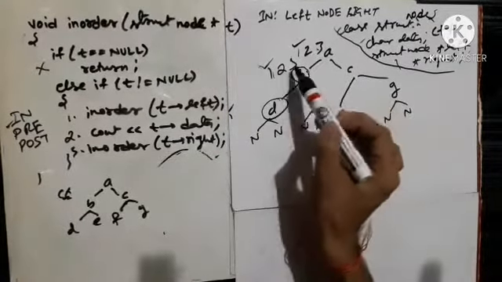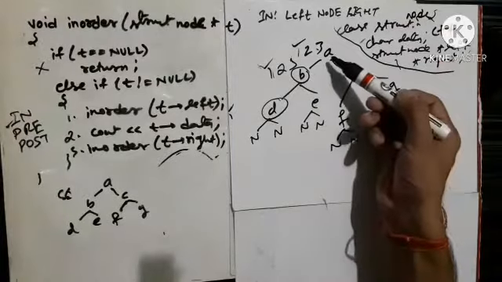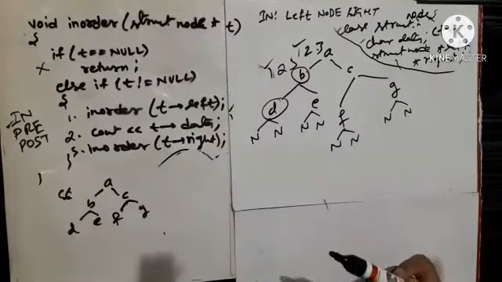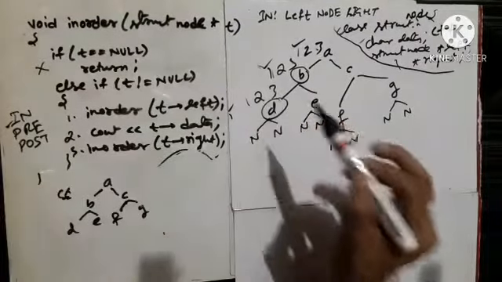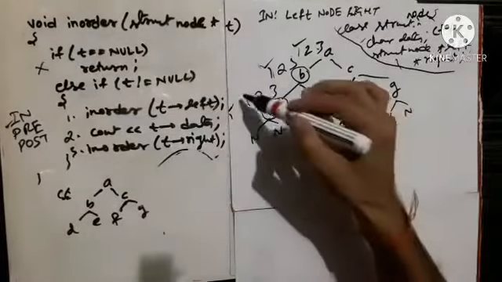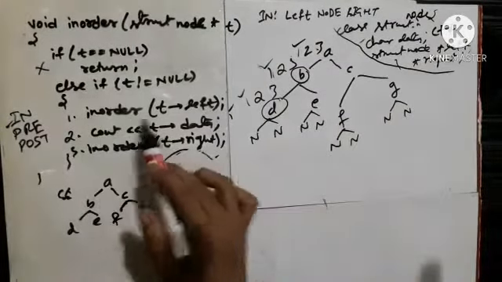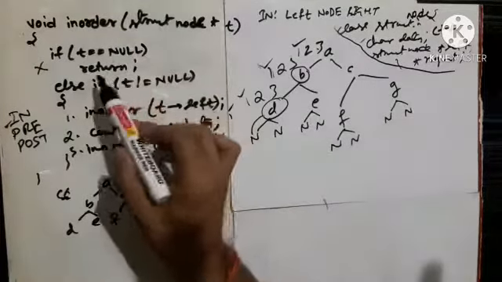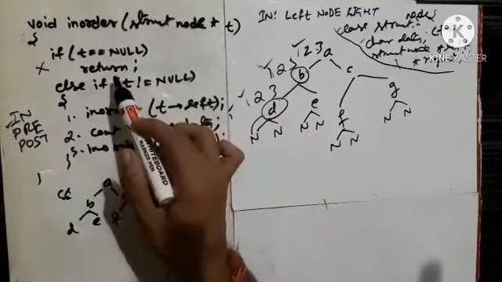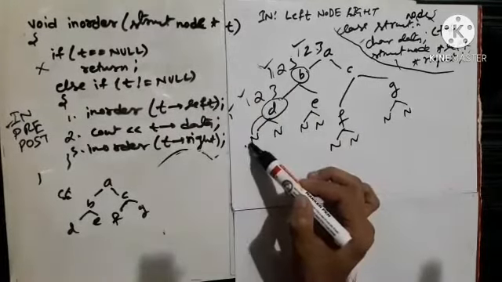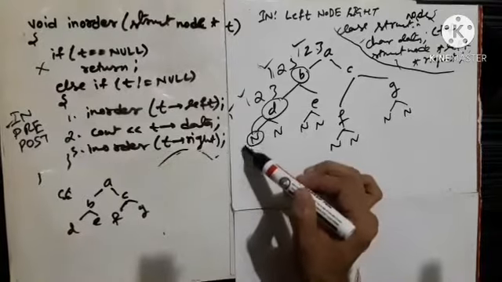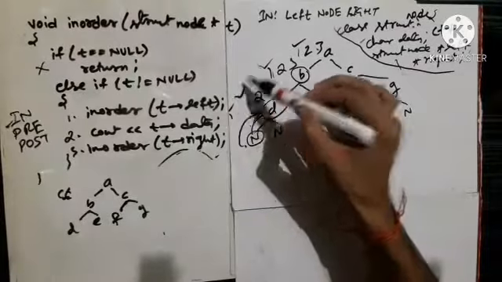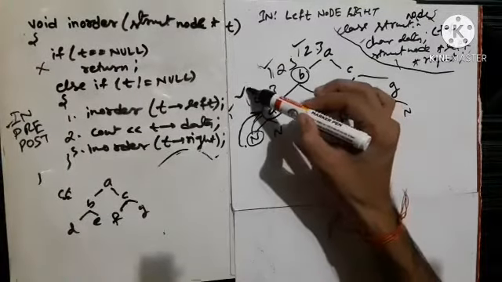See, 2 and 3 are all in pending mode. Now control from A goes to B, and from B control goes to D, isn't it? Are you getting my point? Now again it has to execute statements 1, 2 and 3. Now it will execute statement 1. What does statement 1 say? It will pass the left address, that is null, to the inorder function. Now in the inorder function, as soon as T is null, it will return nothing. Now this null will give back the control to D. Now D has already executed A, now it's time to execute statement 2.